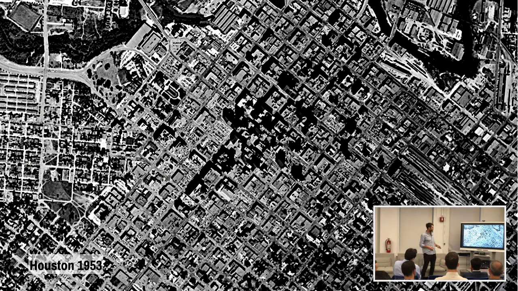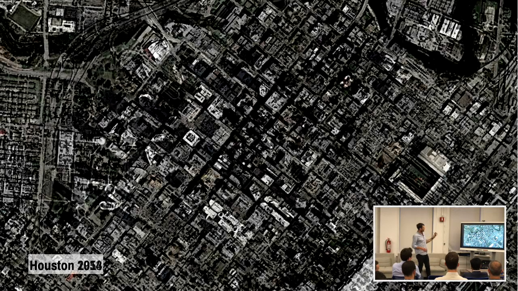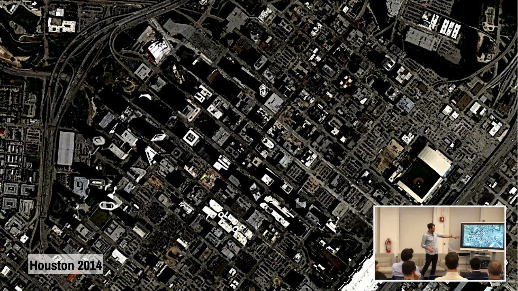This is Houston in 1953, and that's Houston today. If you look closely, one of the really interesting things here is this whole quarter over here is all surface parking, and these expressways just cut through neighborhoods and create the other side of the tracks. Anyway,